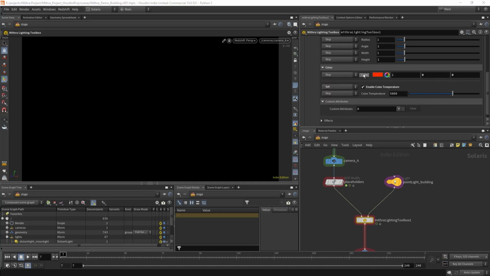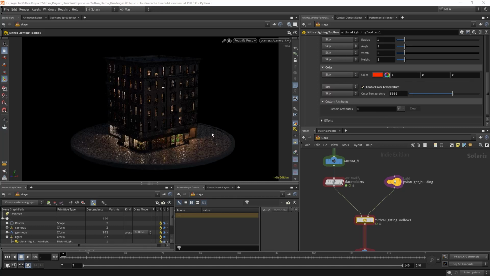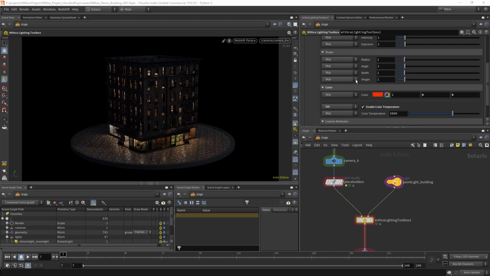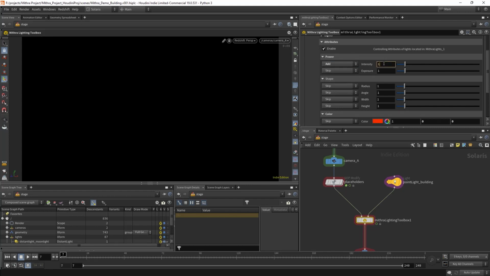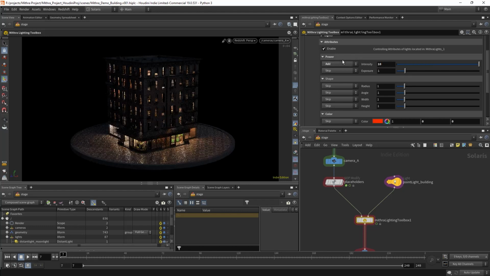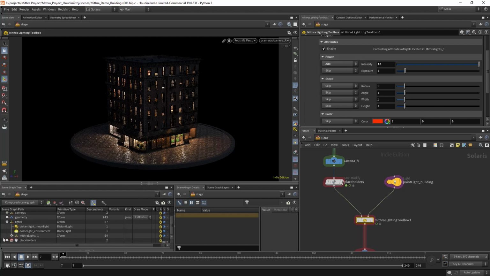Let's skip the color. We don't need to change the color. We just wanted to enable the color temperature. So that's how you create lights. We can also adjust the intensity and the exposure. We can set this to add, for example, and set the intensity to 10. Because we're setting the intensity mode to add, if we were to check our lights